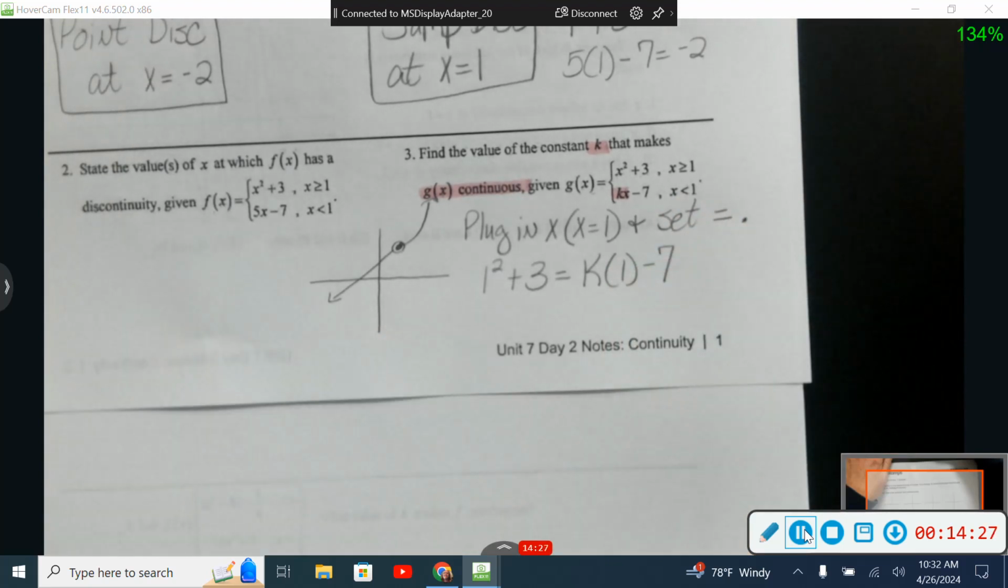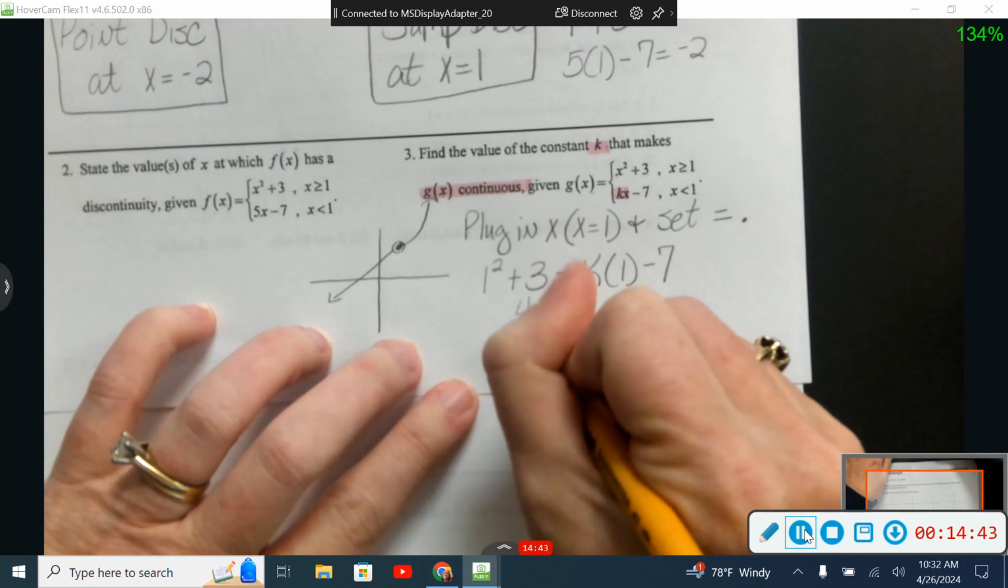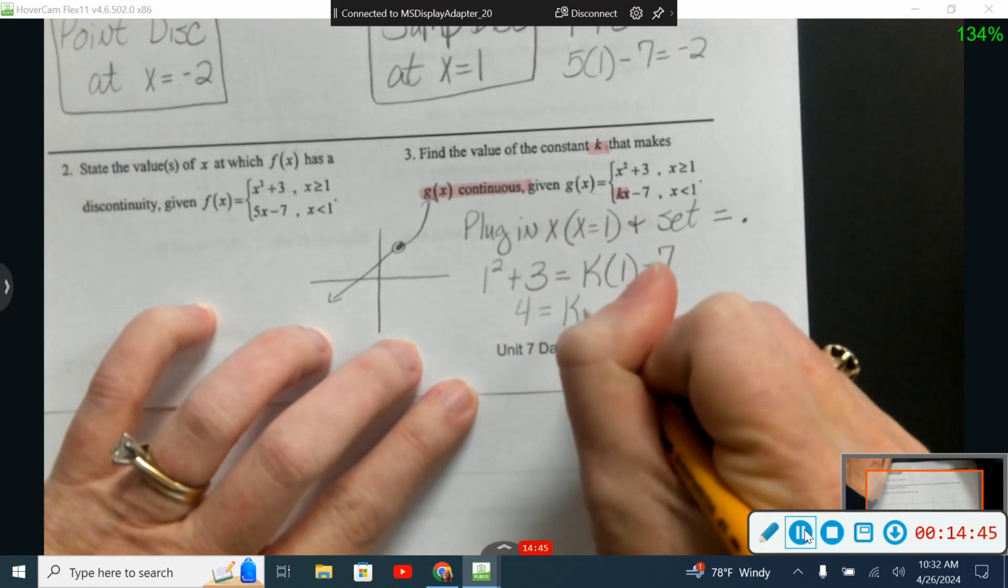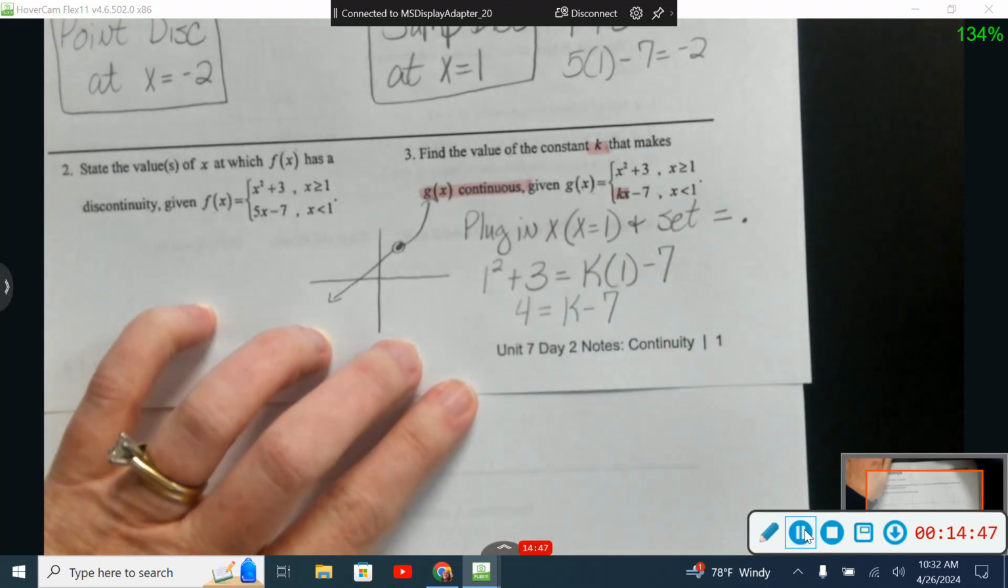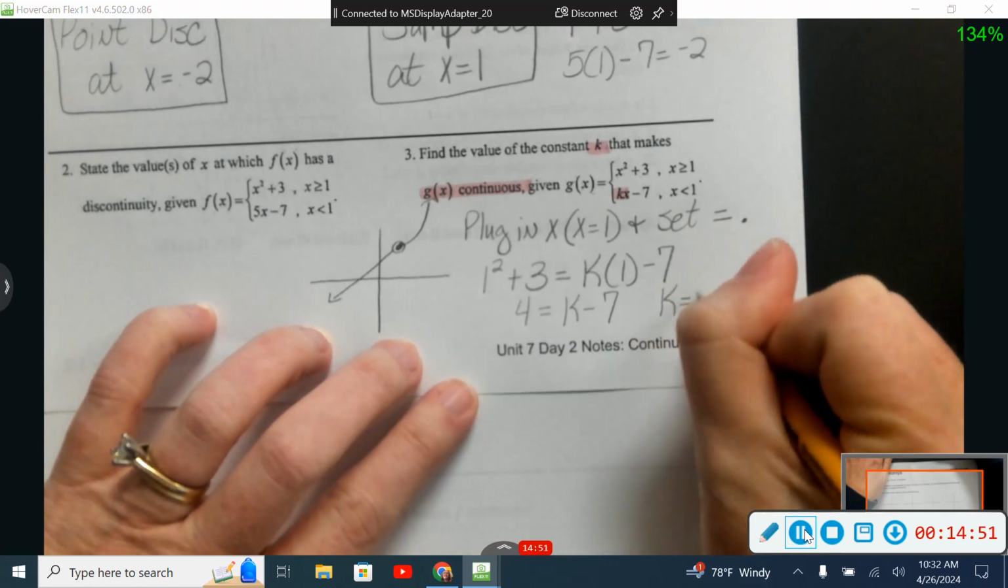They look a little intimidating, but they're really kind of easy. Just plug in that x value. And now the only variable I have left is k, and I can solve for k. That's what they're asking me to do, find the k value. So 1 squared plus 3 gives me 4, equal to k minus 7. K times 1 is just k. And I'm going to add my 7 over to the other side,